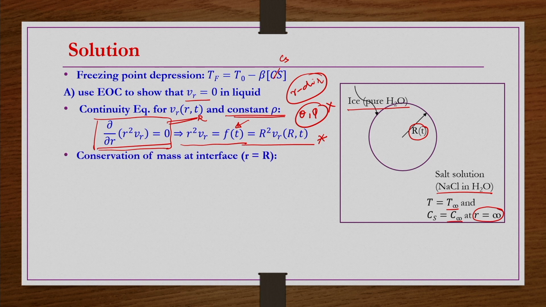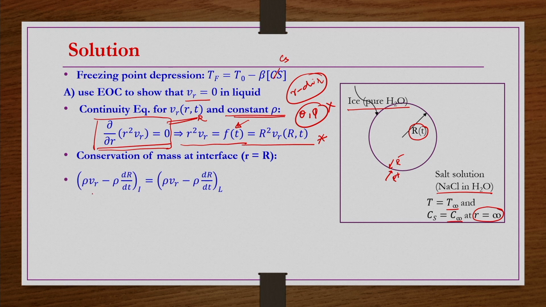Now, we write conservation of mass at the interface, that is at r equals capital R, right. So, towards the crystal side, whatever is there, we write r minus, and towards the liquid side, whatever is there, we write r plus. Both of them are at the surface only. Towards the crystal side we write quantities at r minus, and towards the liquid side we write quantities at r plus, or I or L, whatever we are taking.